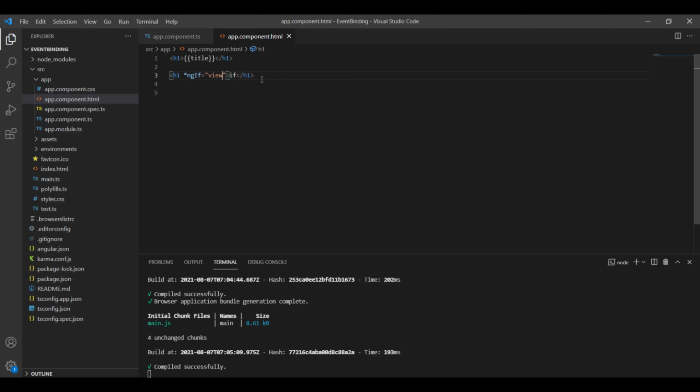Let's create the else block. We have to create one more element for the else block. For that I will use ng-template, and inside ng-template I will create one more element called h1 and give the value as else block, and here I will give the id as else block.